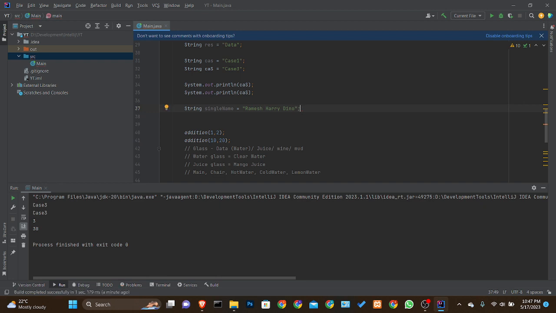Okay, so if I want to create these names, all this data is read as single data. Okay, all this data is known as single data. That means if I print this single name,